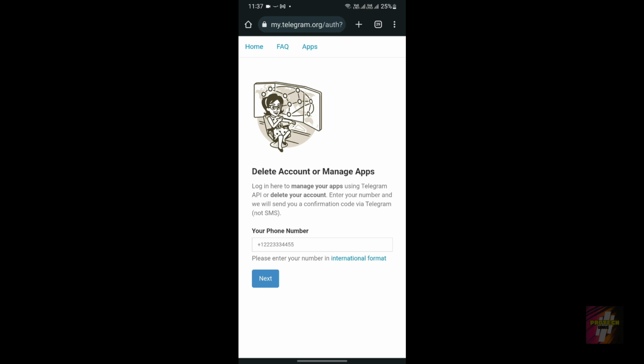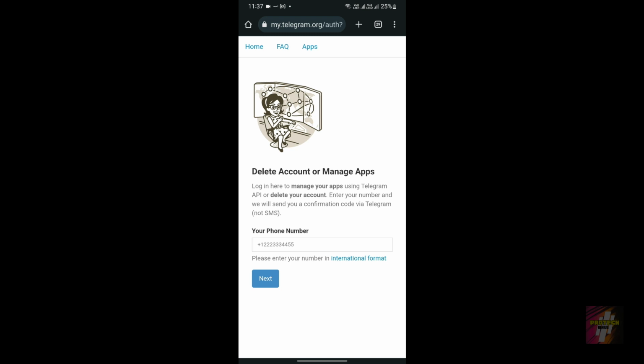As you can see, this is the page we need to visit when deleting our Telegram account. There are two ways we could reach this page. Number one is to search Google for the Telegram account deactivation page, or let me show you the easiest way.